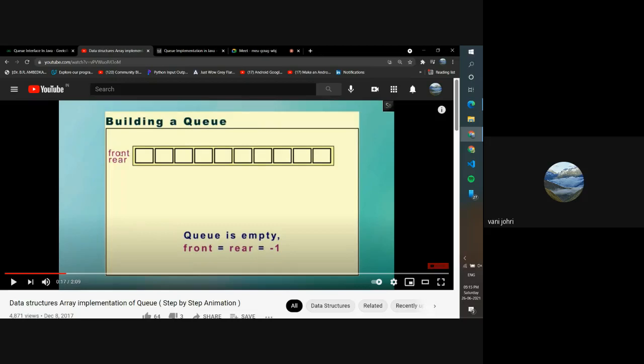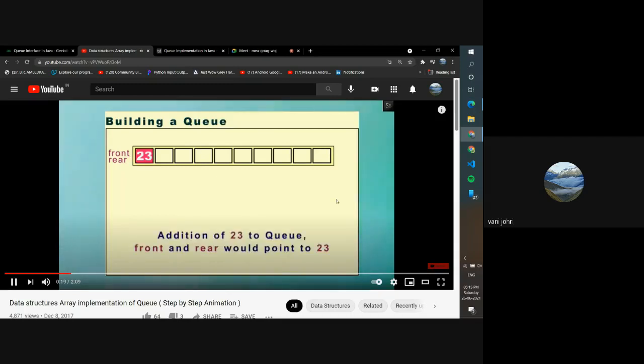Now, one thing I want you to see: in stack we used one pointer that was called top. It will stay at the top of the stack at all times. In queue, we have two pointers. One is called the front and one is called the rear. It's exactly what it says. It's the rear end, which is the back end of the queue, and this is the front end of the queue. From the front, elements will be exiting, and from the rear, elements will be entering. When the complete queue is empty, both rear and front are equal to -1. When a stack was empty, top was -1. When a queue is empty, both front and rear are -1.